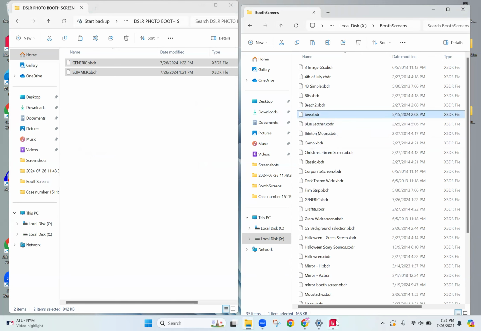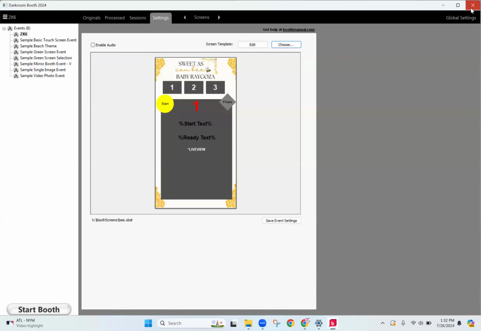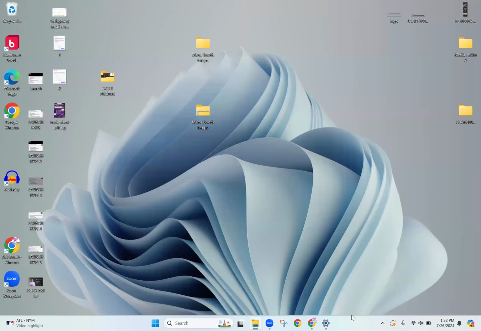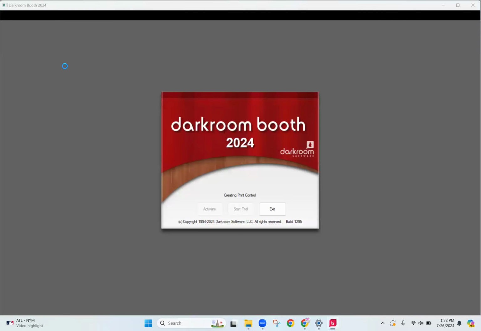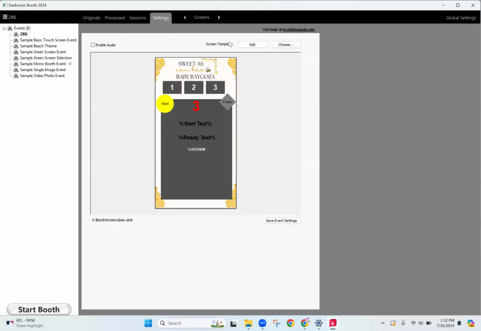Now that you see it on your right side, it won't pop up right away. So you have to close Darkroom and then reopen it. So you see when I closed it, the other window closed. So I'm going to open up Darkroom. And now that you open Darkroom, all those brand new